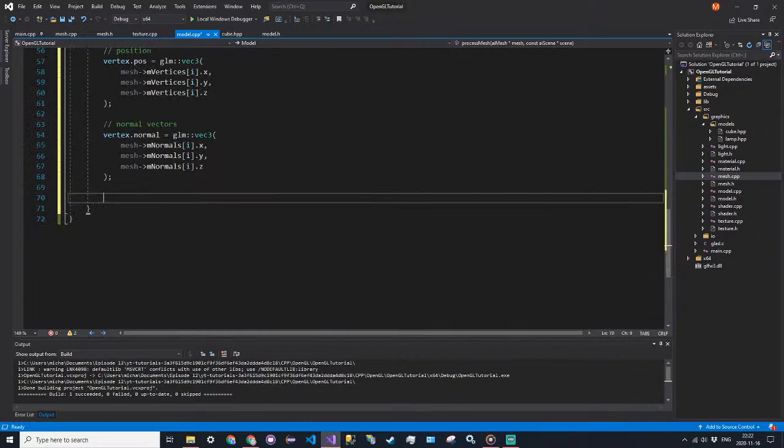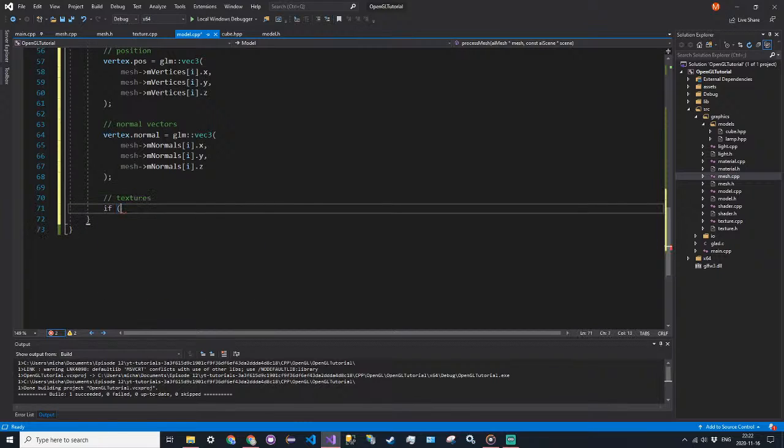And then for the texture coordinates, we actually have to have one extra thing here. If mesh.mTextureCoords[0] exists. Now, what does this mean? So texture coordinates, it doesn't just store pairs of coordinates here. It stores like a list of